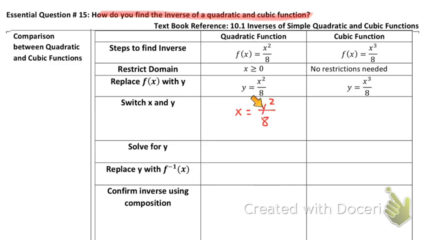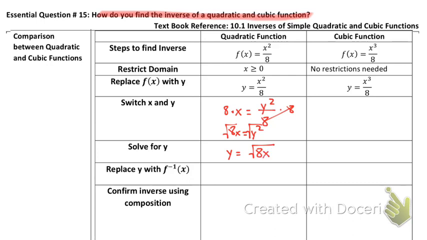I need to get y by itself, so I'm going to multiply both sides by 8. So let's do that. And we are left with 8x equals y squared. And then we're going to get rid of the power of 2. And if you remember, to get rid of a power of 2, we square root. So in essence, I like to put the y's on the left. We have the square root of